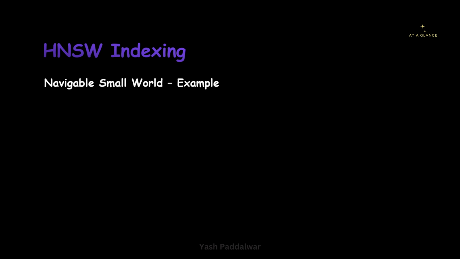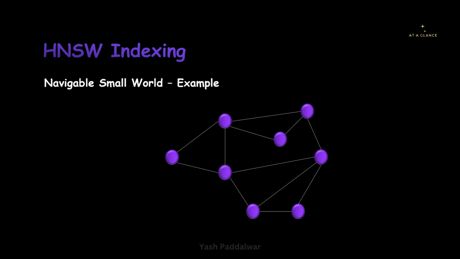Let's say we have a certain number of documents. Those documents can be represented in the form of vectors by using an embedding model. I already told you in a navigable small world, one single node represents a vectorized document. Now let's say after finding out the vectorized formats of those documents, we have arranged them in a vector space, we have plotted them in the vector space, and it looks something like this.